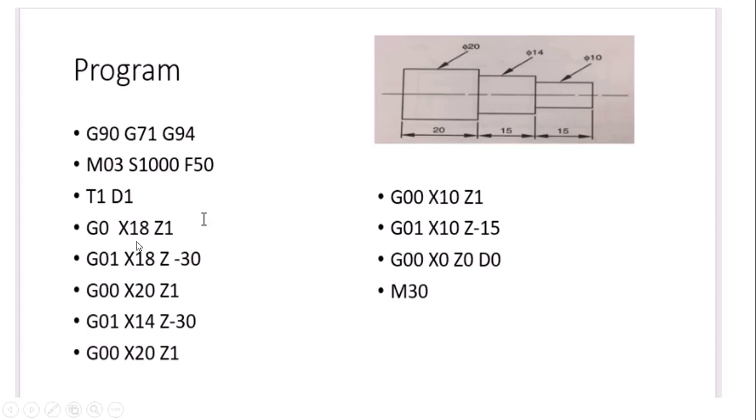Clear? So after starting with X18, I need a 14 diameter. Firstly I take it from 22 to 18, so I kept the diameter here at 18. Then Z1. Then I'll use G01, which is the cutting operation. Initially I would be standing at this position. G01 stands for linear interpolation. Correct? With linear interpolation, I will move linearly from this location to this location until the diameter is 18. Clear?